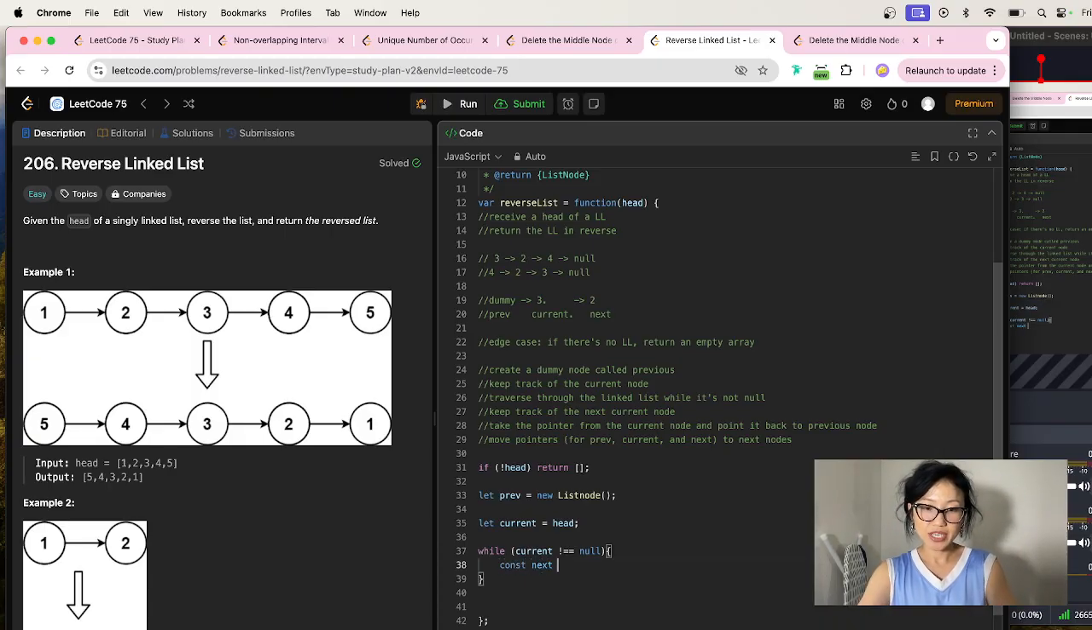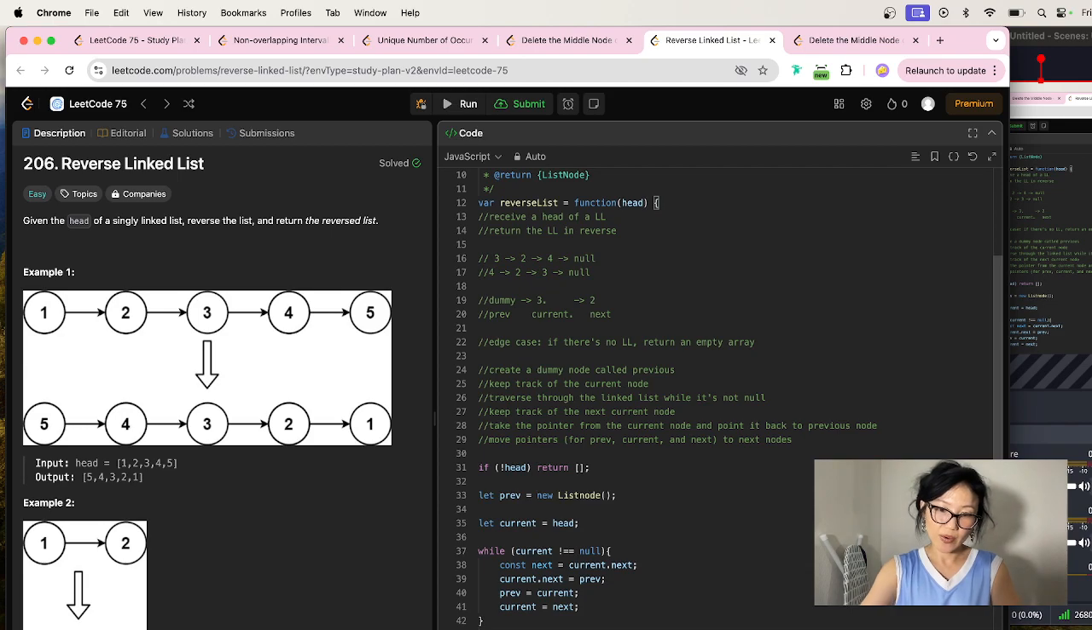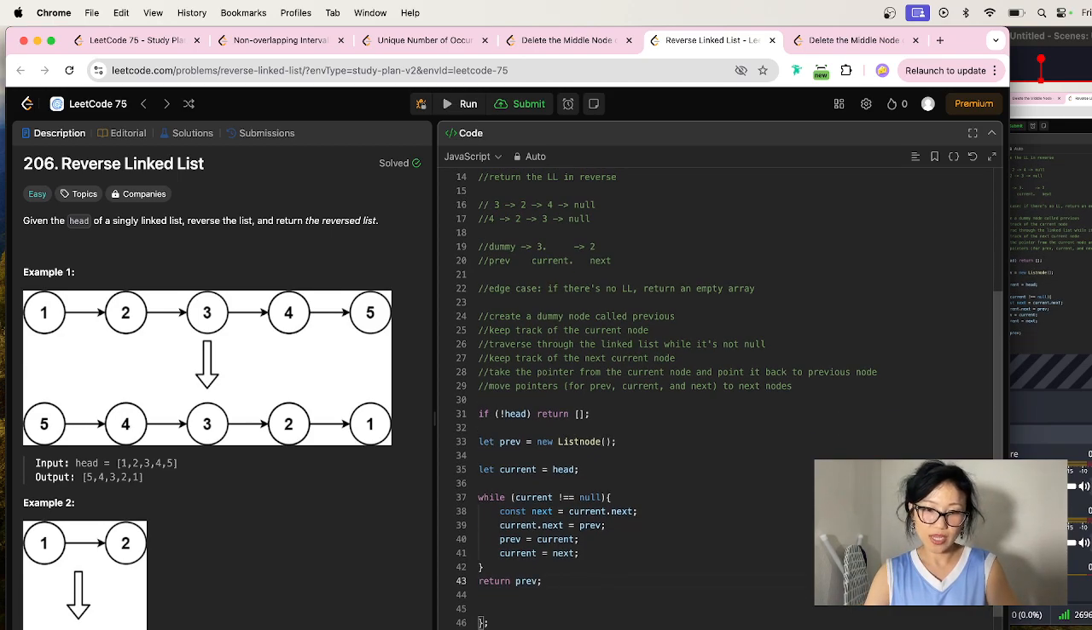And then like I mentioned, we're going to initialize a pointer to capture the next node. And we're going to say, hey, next node, the pointer, you're going to point back to previous. And then, as I mentioned, this pointer here is going to point back to previous. Previous, let's move you up to where current is. And current, let's move you up to where next is. And then we're going to keep iterating through the entire